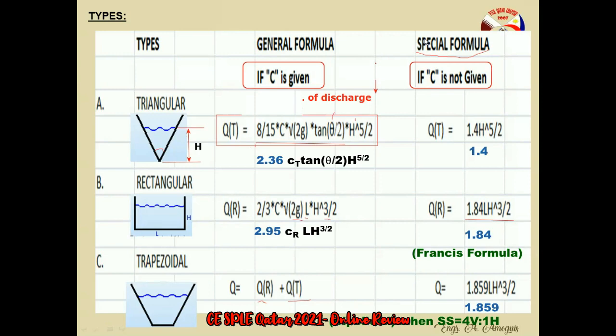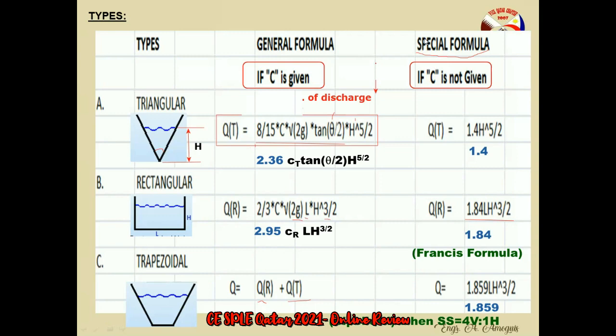Ang tamang L diyan ay ito, L prime. So yung L prime equals L